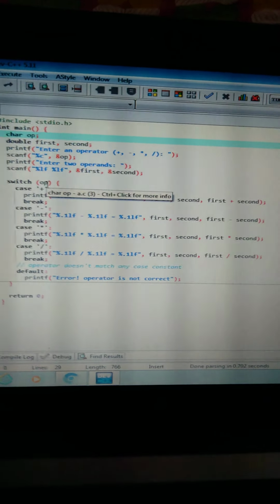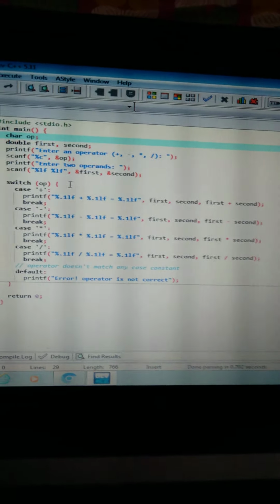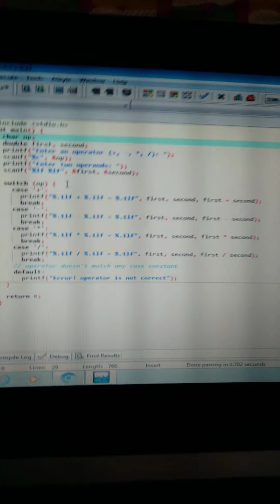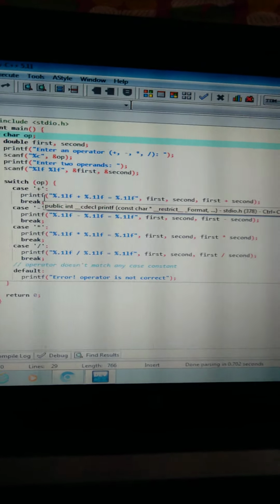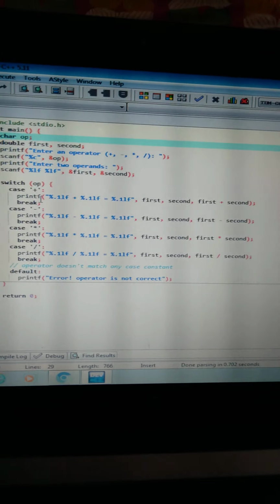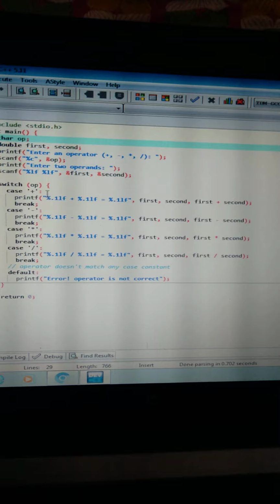Here we have taken a switch case for calculation. In our commercial calculator program, the switch statement takes the calculation for different operators.